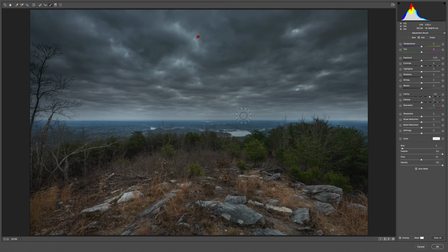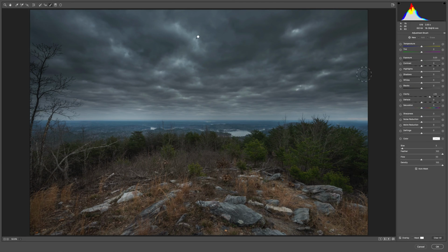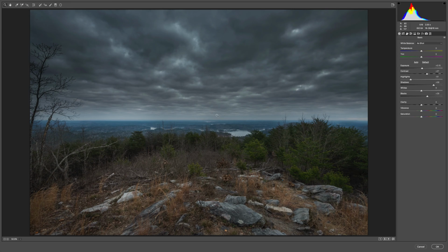All right, I'm actually going to go back to the adjustment brush now that I'm done with that, and I'm also going to add a little bit of contrast in the middle ground here. So about 25%. I'll draw on that. Now look at that. That's having just a beautiful effect. And what's cool is this middle ground here. I guess because it's one of these infinity horizons where you can see out forever, it has this natural blue color going on,